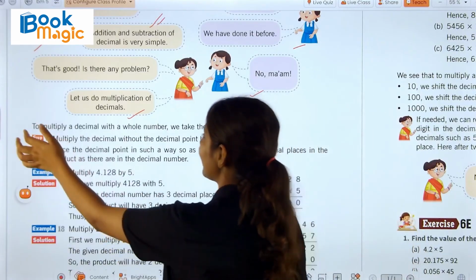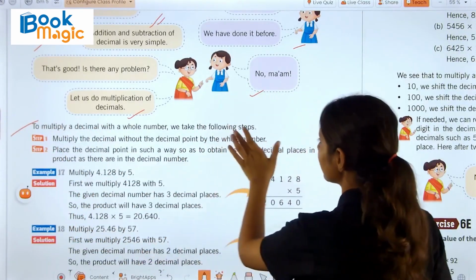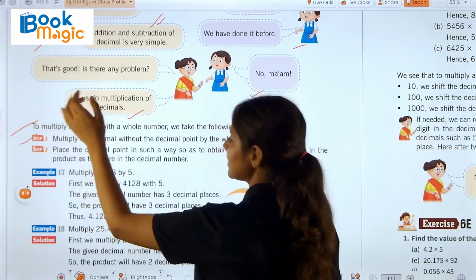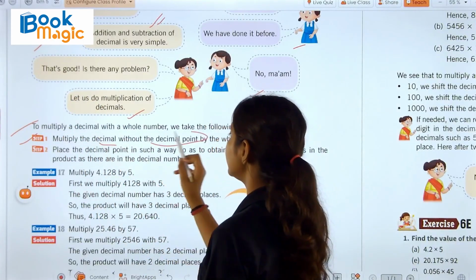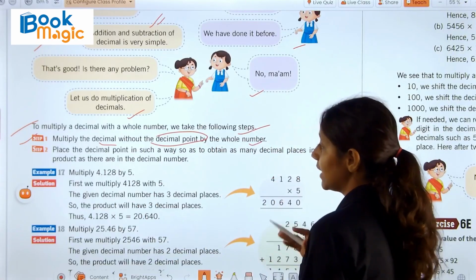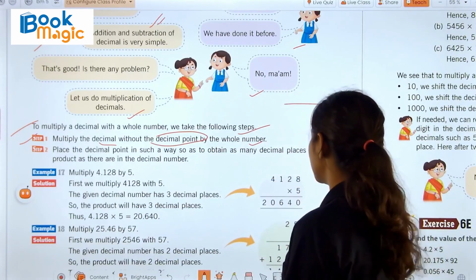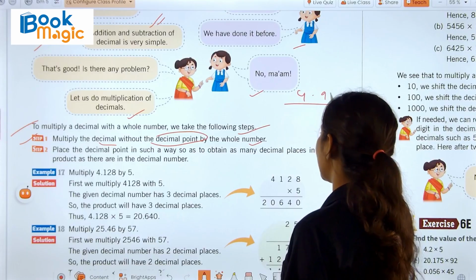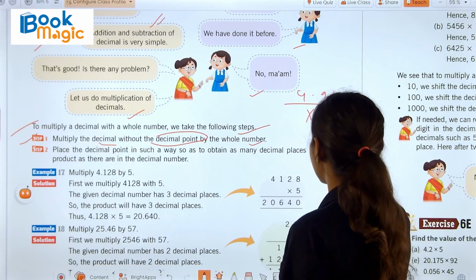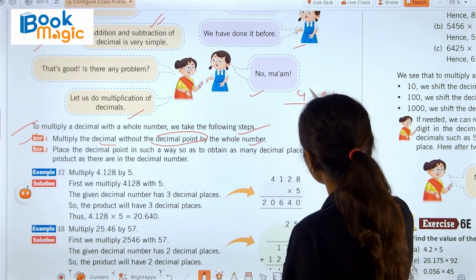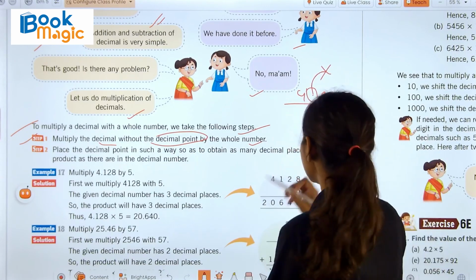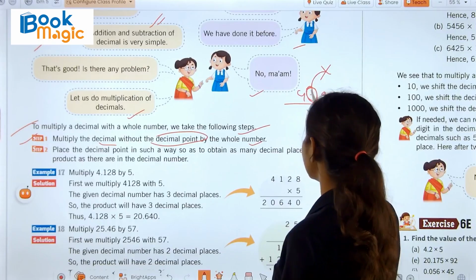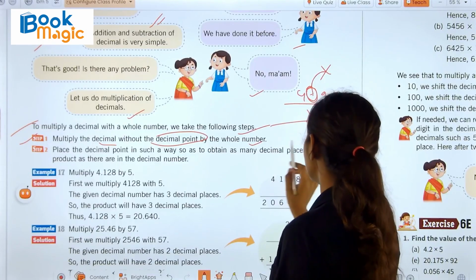To multiply a decimal with a whole number, we take the following steps. What are these steps? Step number 1. Multiply the decimal without the decimal point by the whole number. That means if we are having a number, for example, 4.96 and multiplying 12 to it, you have to just forget this decimal. Okay, आप suppose करेंगे कि यहाँ पे कोई decimal है ही नहीं,